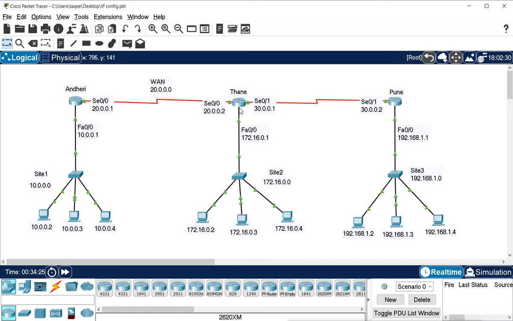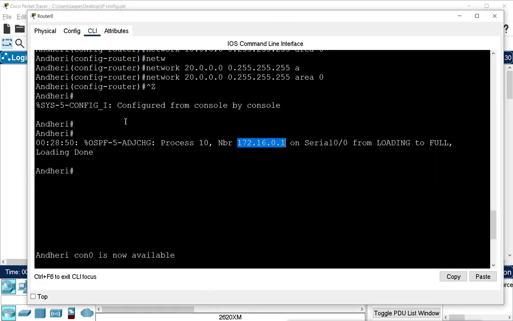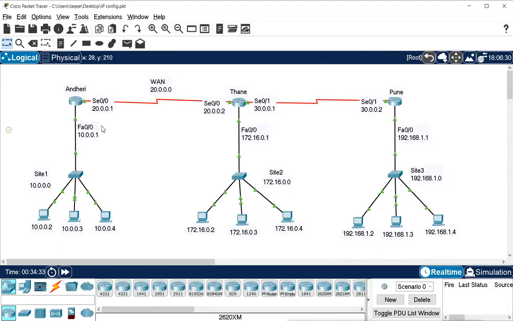But when we check the Andheri router here, what IP is it showing? It is showing this 172.16. But it is not true. From Andheri, if you want to connect to Thane, the IP address is 20.0.0.2. But it is showing this IP, 172.16.0.1. Why is it showing this?